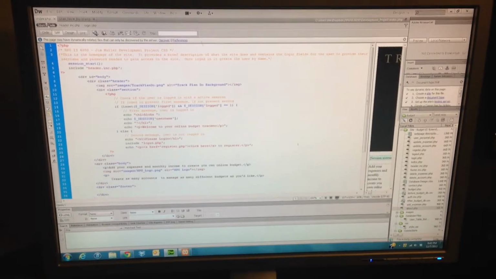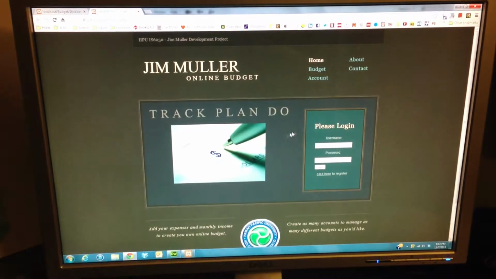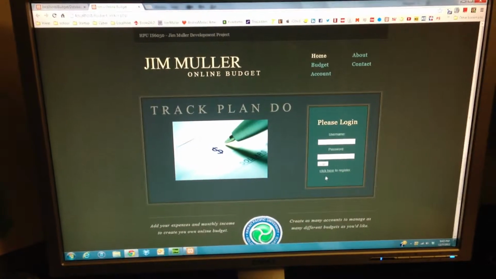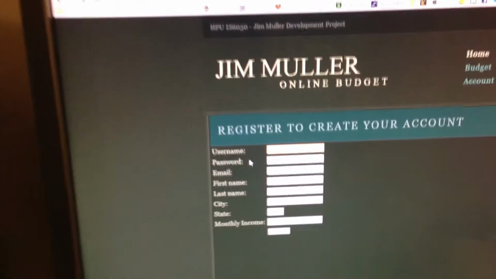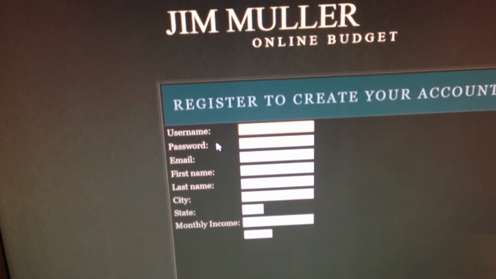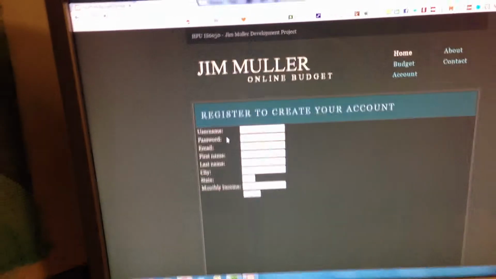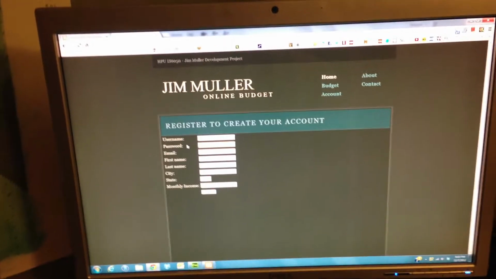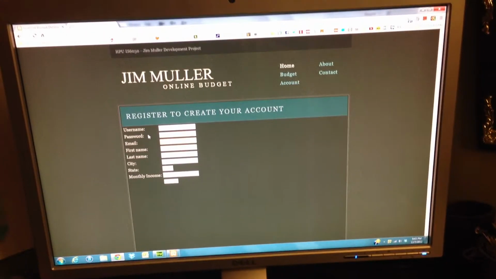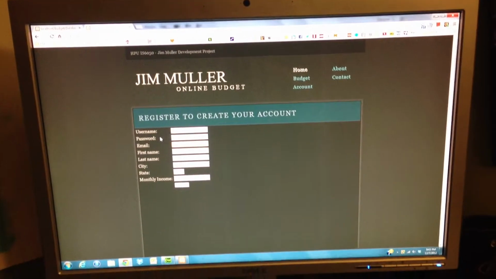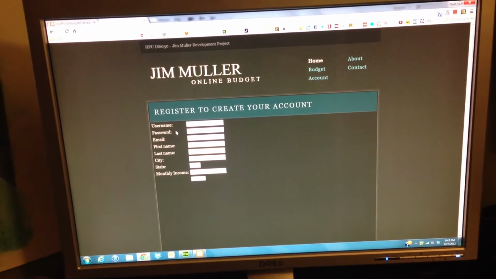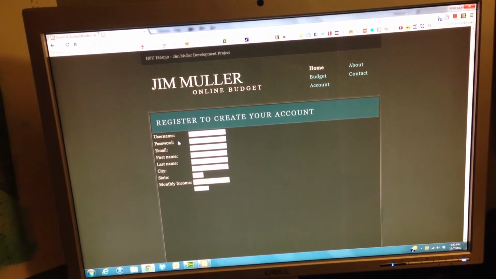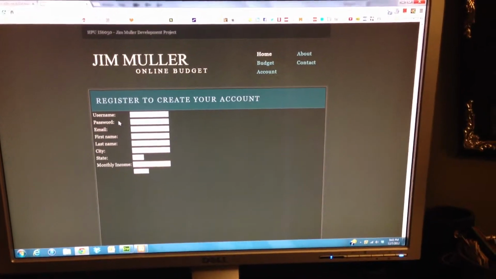Going back here to my index page, we're going to launch the application itself. Comes to the home page. The first thing we're going to do before using that data that's already been inserted is go over how you would register if you were a first time user. We're going to create a username, Alexis, password, and an email. First name, last name. We're going to leave city and state blank, and we'll do a starting income of $5,000